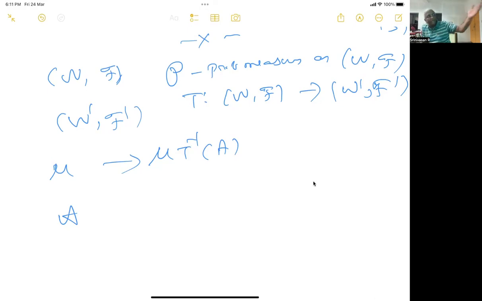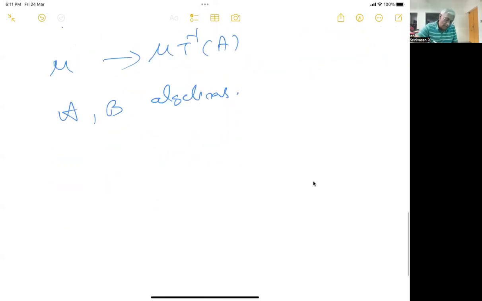If we want to deal with a probability measure, it has to evaluate the identity to 1. Phi of 1 should be 1. Now we have two algebras, A and B. Nice algebras, whatever you want to consider. Then what are the states? States are nothing but